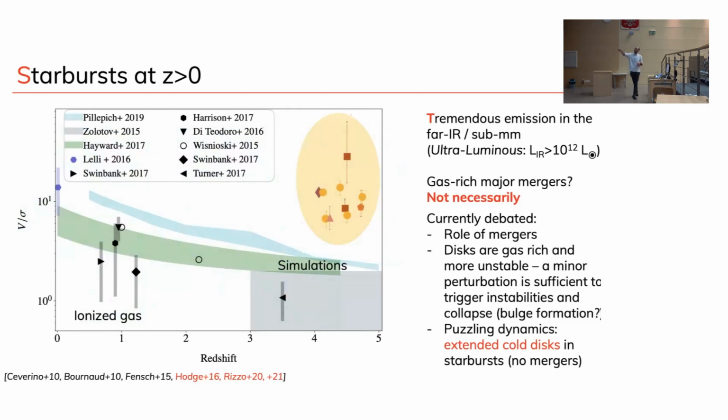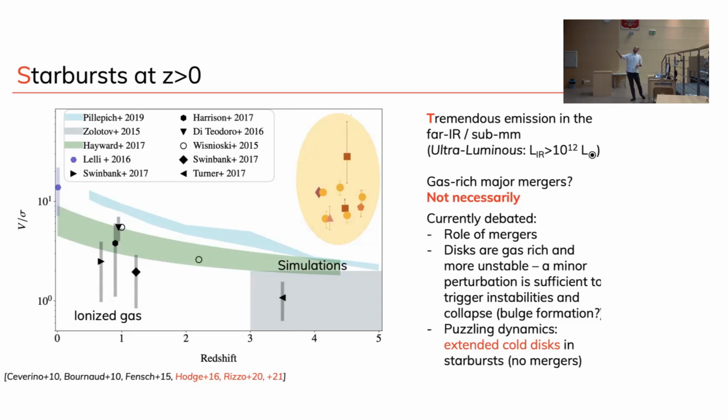So let me just guide you through this. This is redshift, and this is the V over sigma. Right? This is rotational velocity over velocity dispersion. So if you have something which is dominated by rotation, this number is high. If you have something that is pressure supported by movements, then this number goes down. So at lower redshift, redshift 0, this is based on HI, I think. So very extended disks. We know the typical rotation curves that you see in your astronomy class, and it goes up, it flattens out.